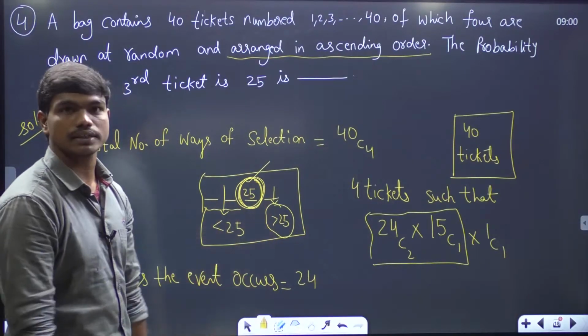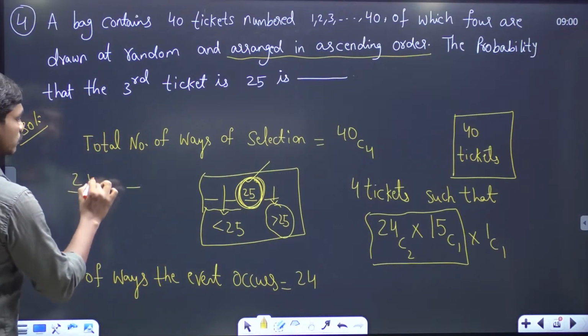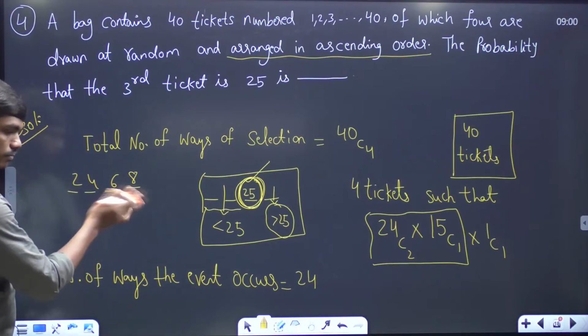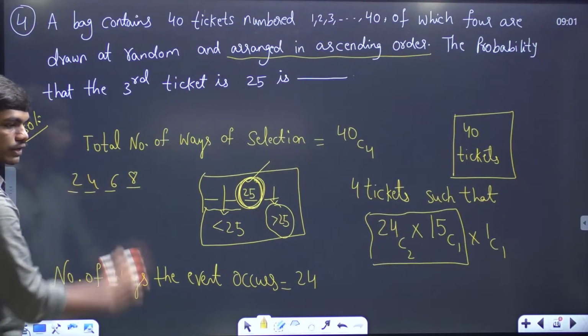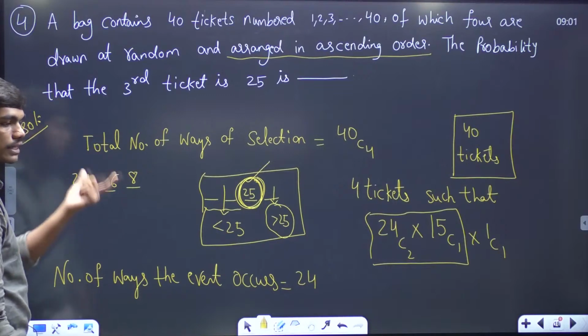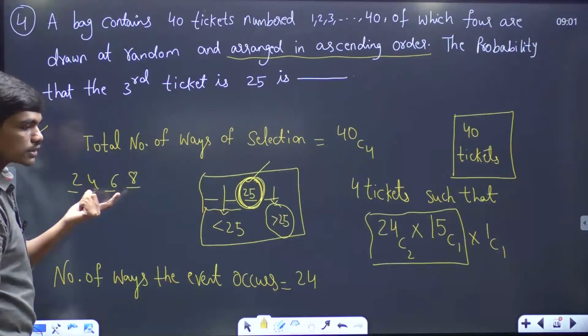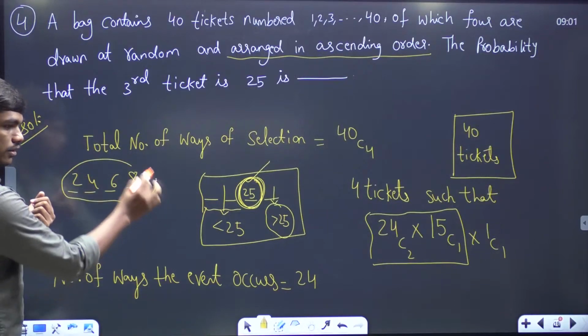There's only one combination for ascending order, correct? For example, if I write 2, 4, 6, 8 as an ascending order, you can't make another shifting. You don't have another way to write this ascending order. There's only one way of writing it. So into 1 is the case. Did you understand, Chan? In ascending order,